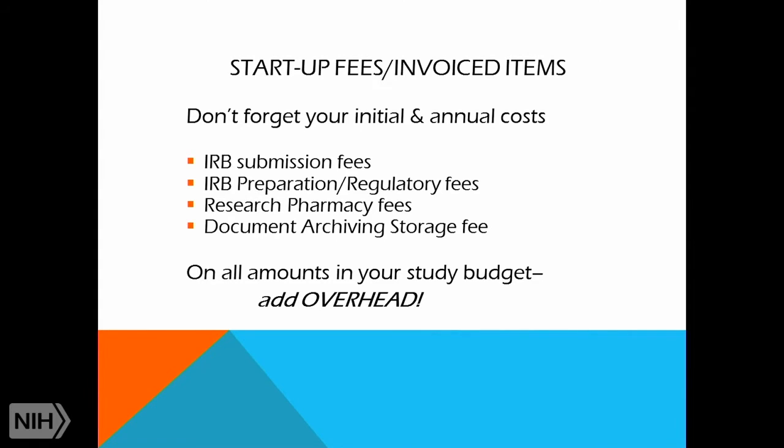Now, at our university, and I know it is not the same at other places, we charge overhead on all charges, all costs, directs and indirects. So we would put our fees for doing our regulatory submission, which is an administrative fee, not a charge from the IRB, we include overhead on everything. So if I say I'm asking for $3,500 to do the initial IRB application, collect the regulatory documents, including doing the budget, that includes overhead. So when the money comes back to pay us to do that, we get $3,500 less overhead.